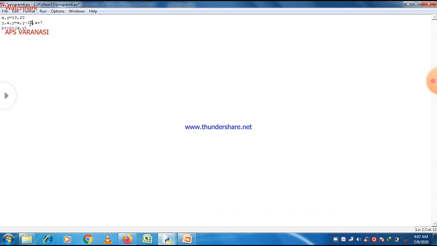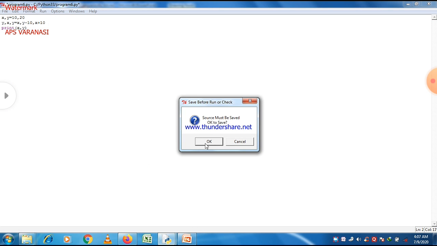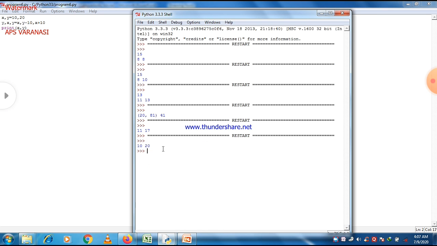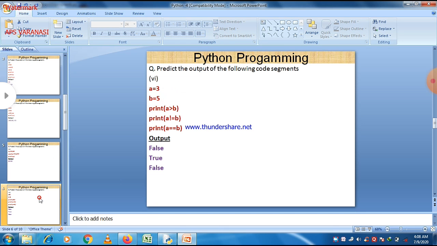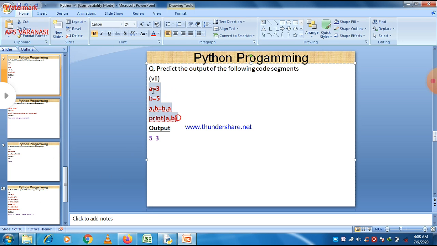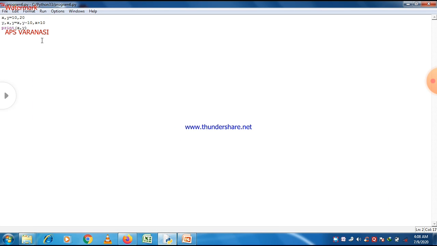Now let's do another question regarding this. You can easily see the output 10 comma 20 when we change a value. So the value will be changed according to the value provided in the question. So take different values and solve this question accordingly, and if the answer is matched by the computer, then you are absolutely right. Otherwise there is some problem as far as the concept is concerned.